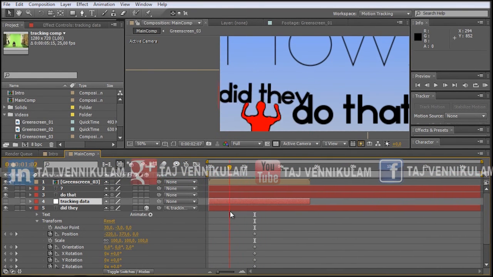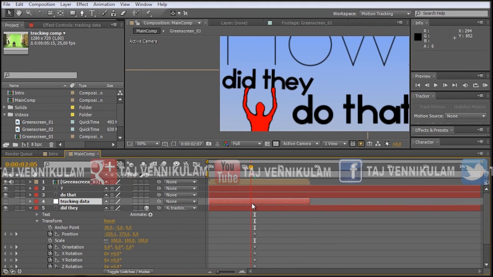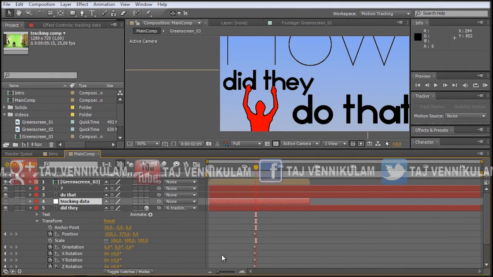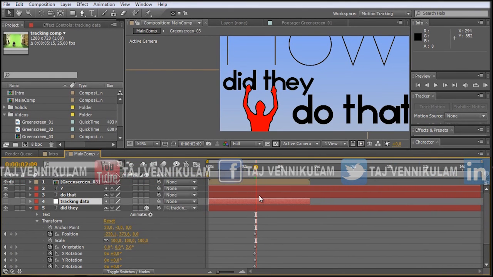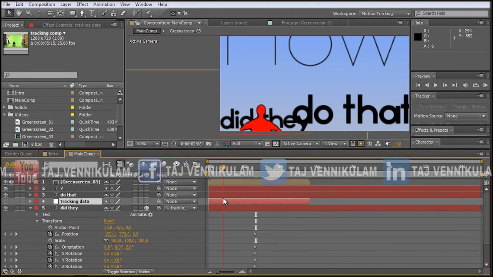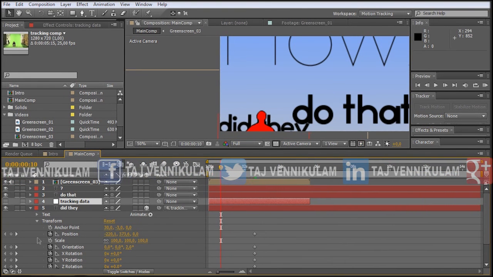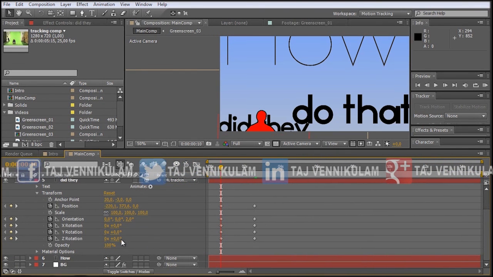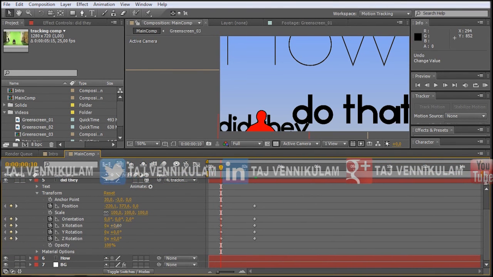Of course, we do have to do a few small changes. That's why we made those keyframes. So let's just go to the beginning where the word shall appear. It's about here. And we just create some new keyframes and rotate the letters